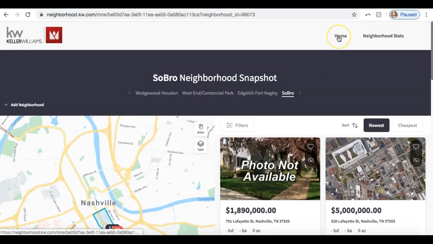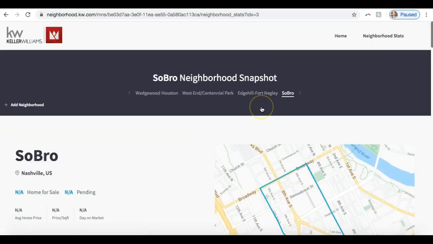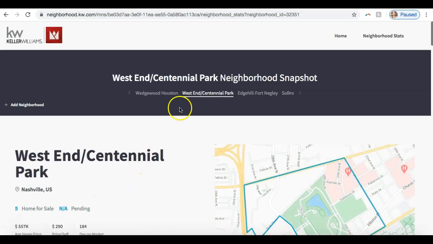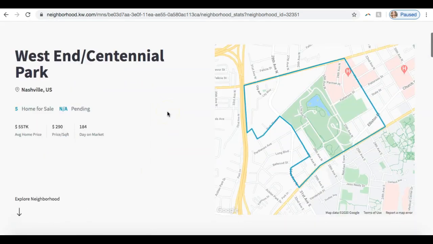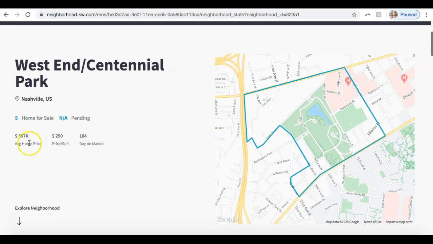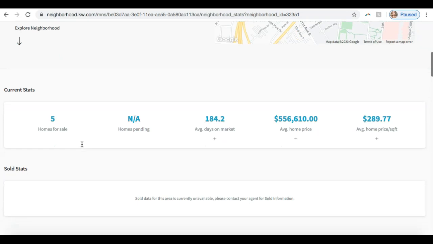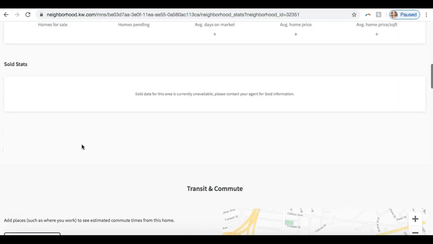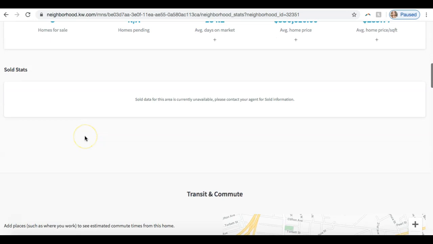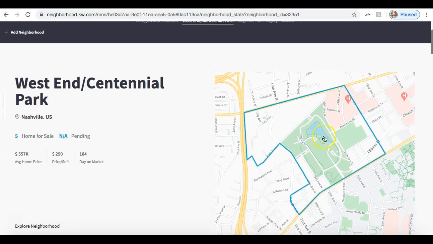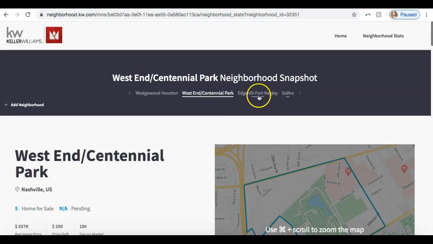And then, so this is the home page, but if we go over to neighborhood stats, it kind of breaks it down a little bit more. So we can select whatever neighborhood. It shows the map again. It shows us that there are 5 homes for sale, the average home price, average price per square foot, average days on market. And then if you scroll down, there's just more information about the neighborhood, current stats and sold stats. Looks like there's not. This is a big park area, so